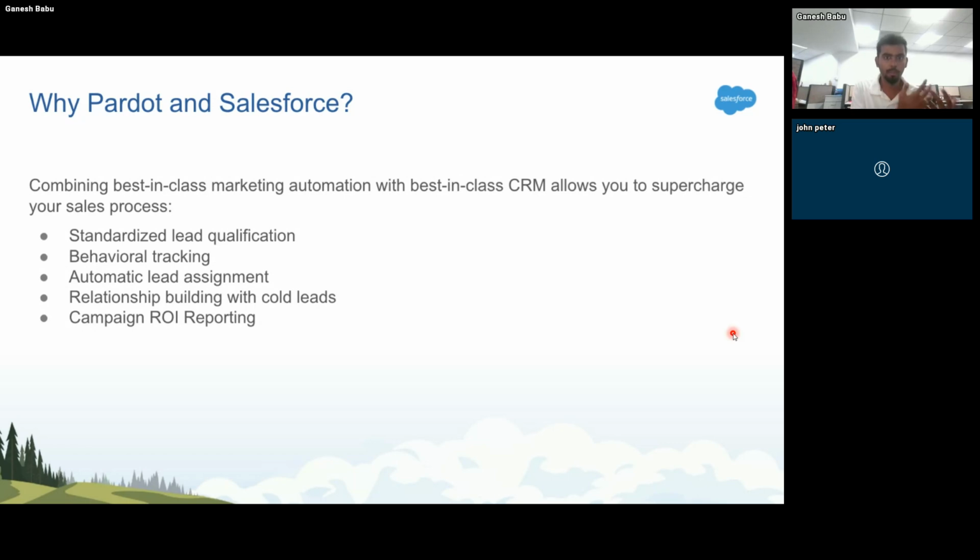Let's say, for example, we have information that a prospect is visiting a website. Not just a website, it's a product page, which is a very important page. We can pass that information to the sales team directly, in real time.